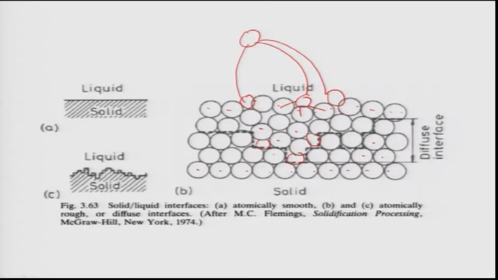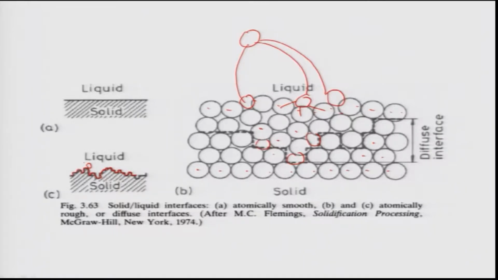If you carefully look at it, the surface is basically faceted. It's no longer rough, but faceted. When a surface is faceted, obviously atoms cannot sit at every position, because if an atom sits here, it is only satisfying one bond, and the rest of the bonds remain dangling. So energetically that is not